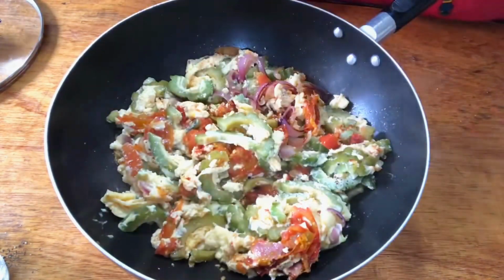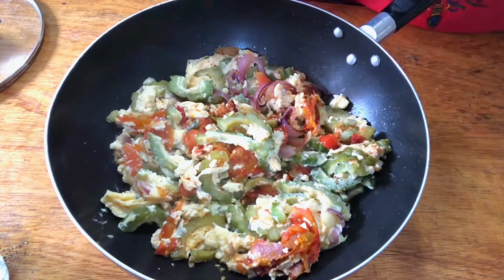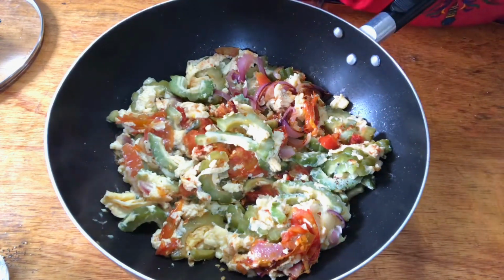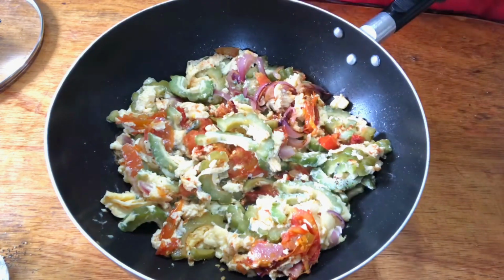Okay na. It's done. The ampalaya is not bitter and it's crunchy, very healthy, very colorful, and